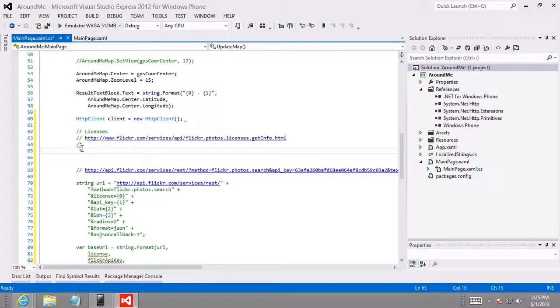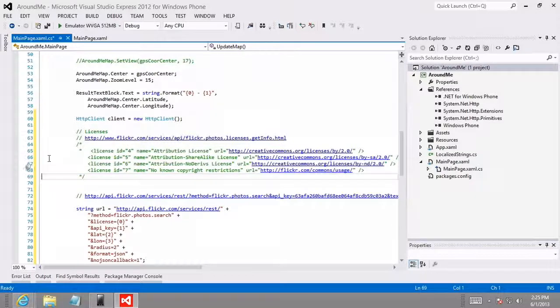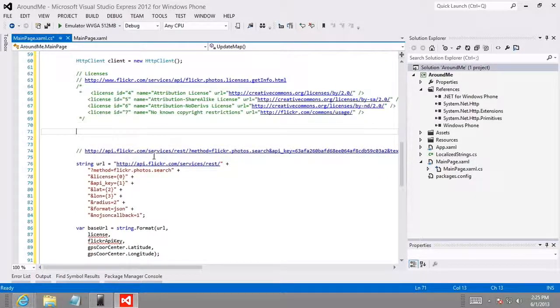Do a multi-line comment. Great. So I'm going to build a string of licenses, and I'm going to replace the